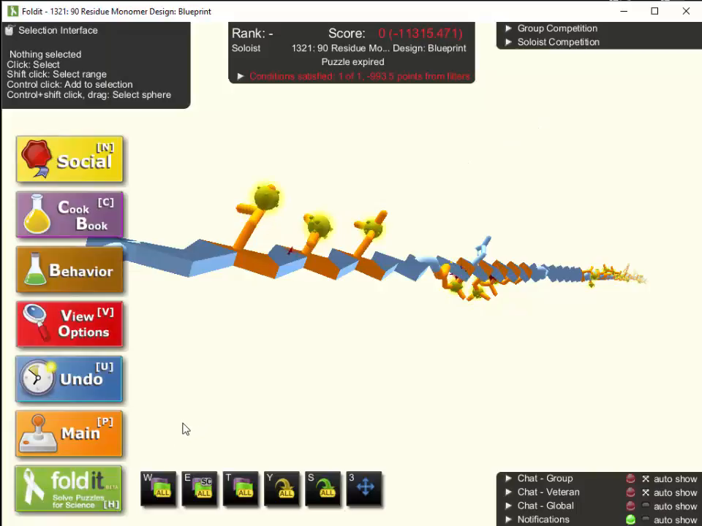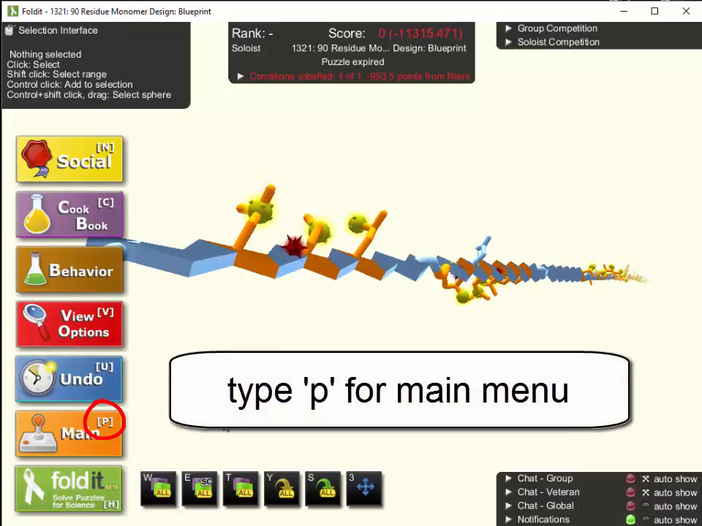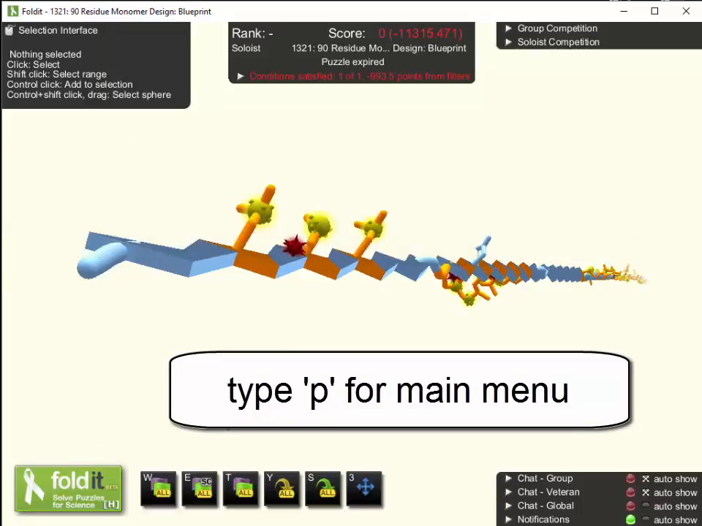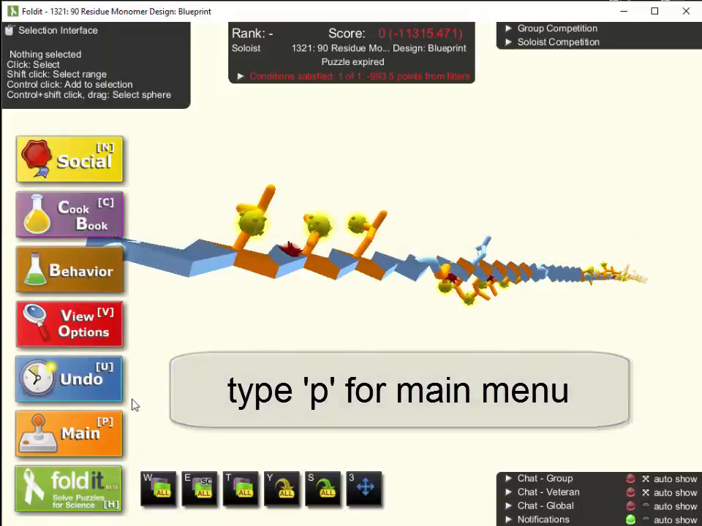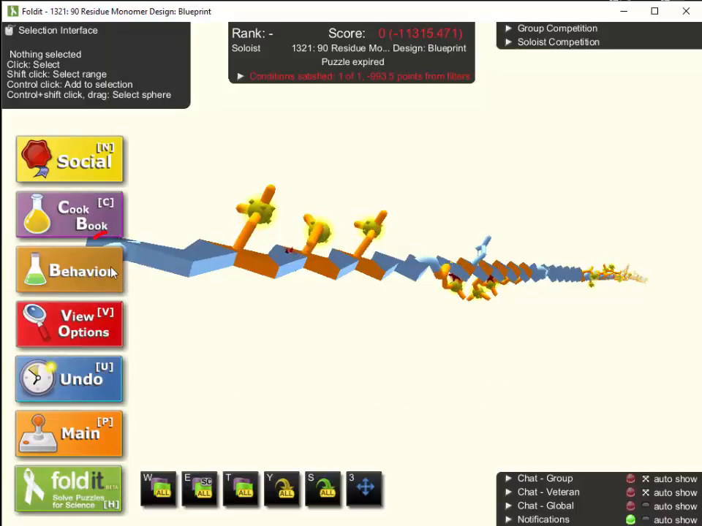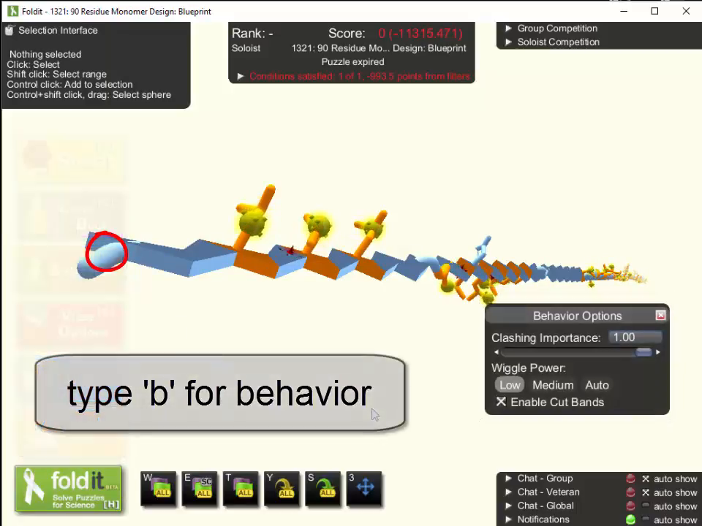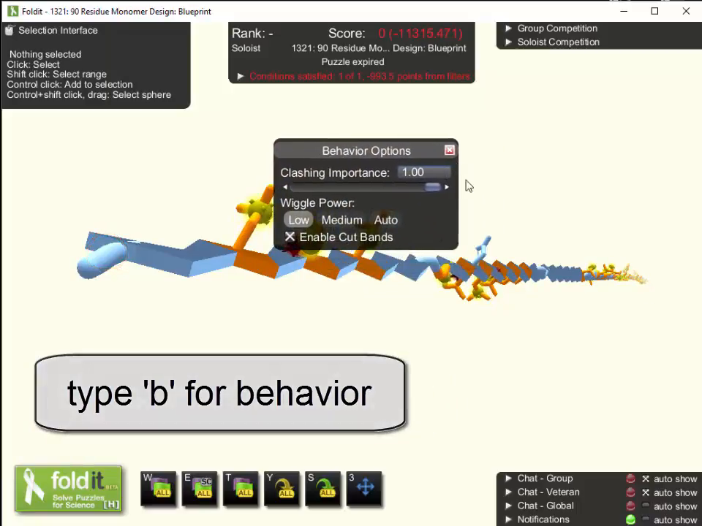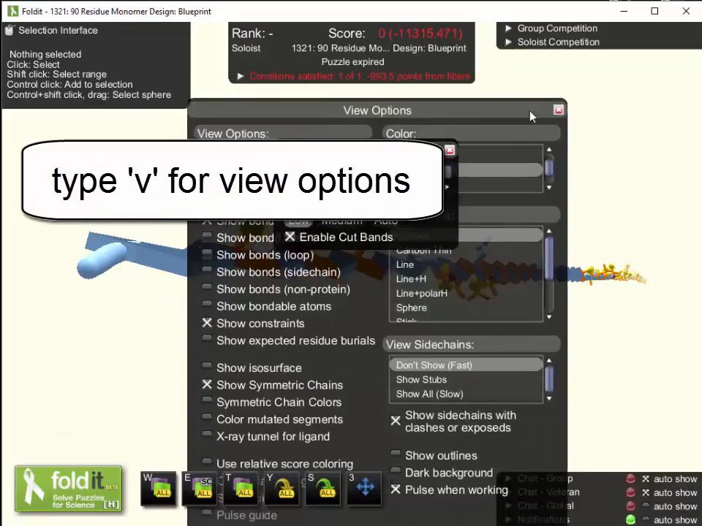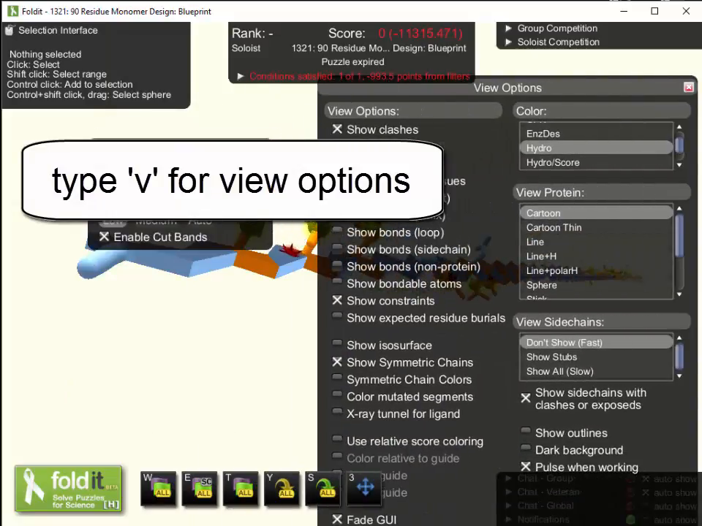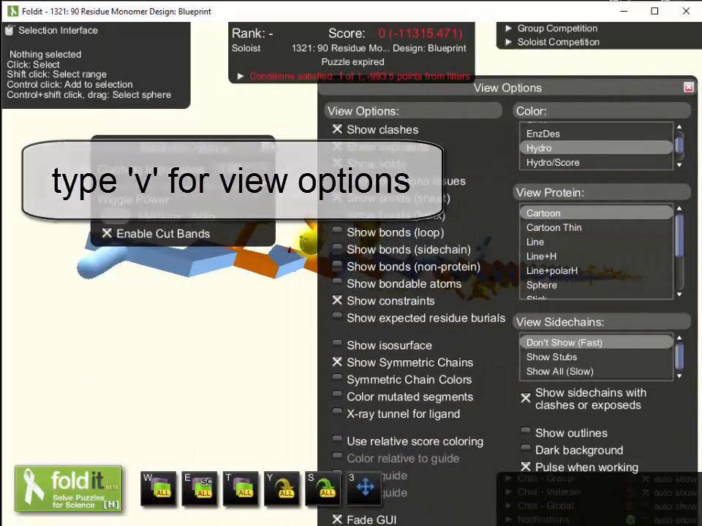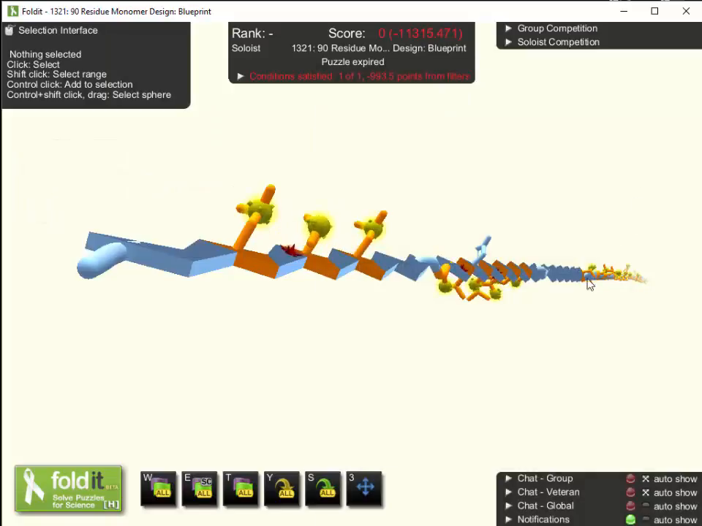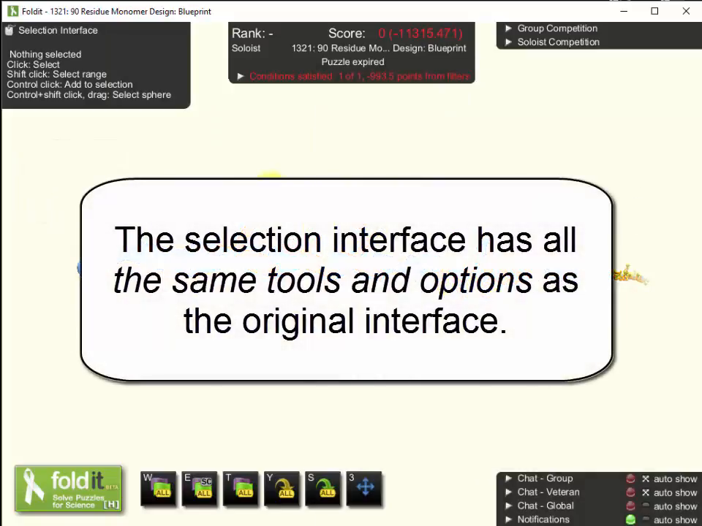And all of these floating windows have keyboard shortcuts. For example, if you just type a P, that's a lowercase p, you get the main menu. And even though Behavior does not have a keyboard shortcut shown, if you type B, you do get Behavior, and that's a floating window. And you can type V for View Options, and that's a floating window too. So all the options that you're familiar with in the original interface are really just in a slightly different location